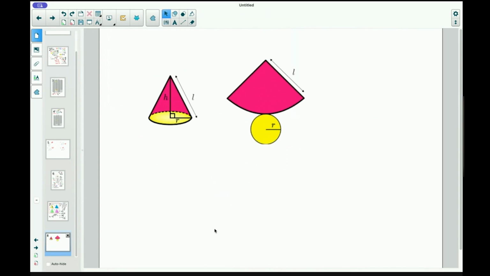So if we take a look at our net for a cone,